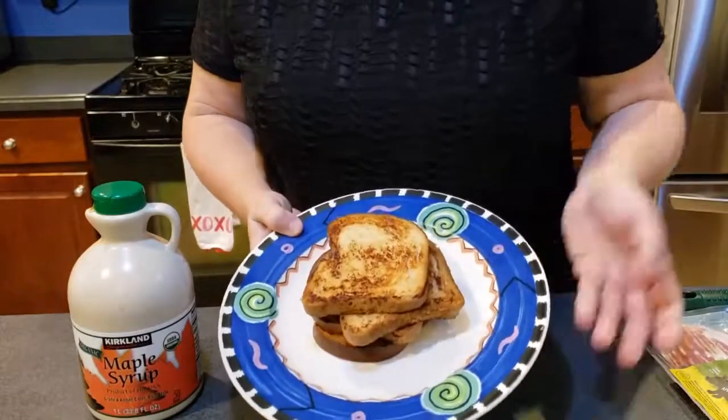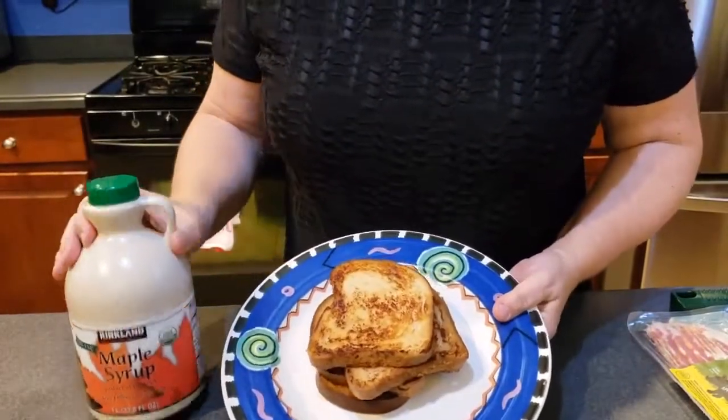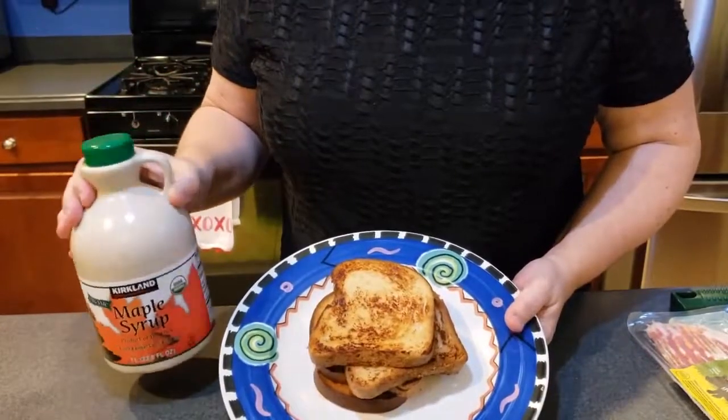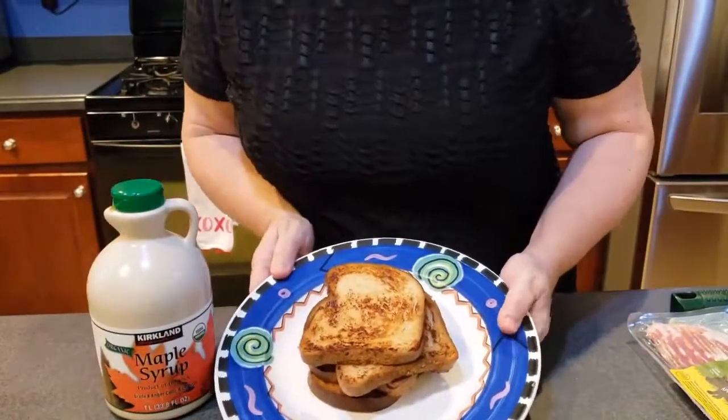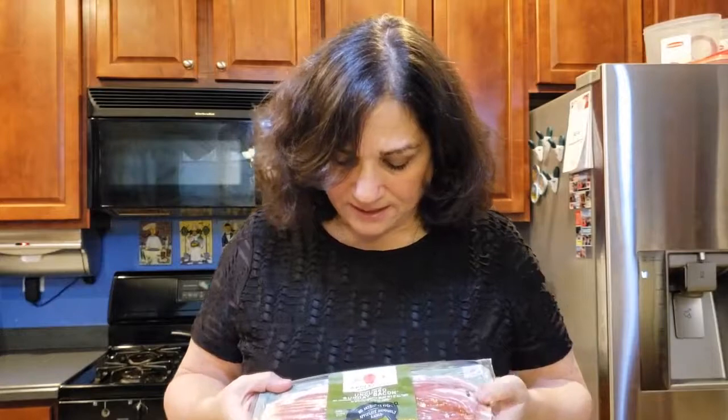Okay, and here we go. Don't these look great? They look really delicious, and they are. And you just bring a little bit of the maple syrup with you to go, and you've got your beautiful French toast. Also, my son loves bacon, so if you're going to bring some bacon to go, Applegate Farms makes an uncured